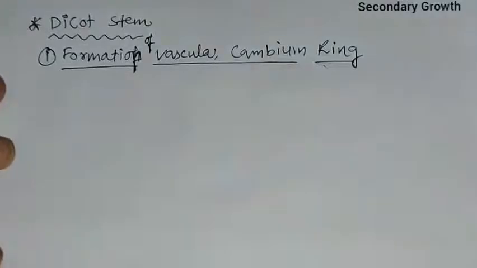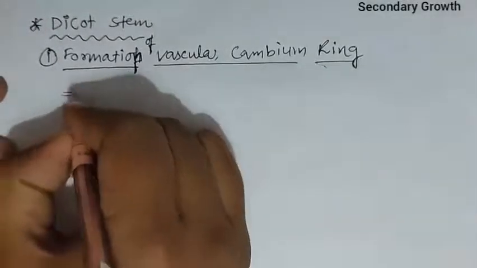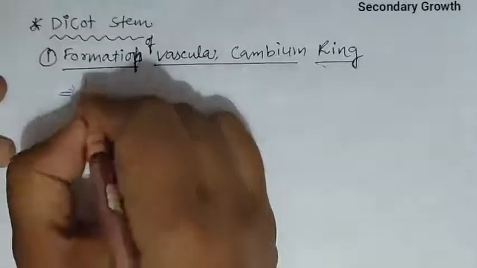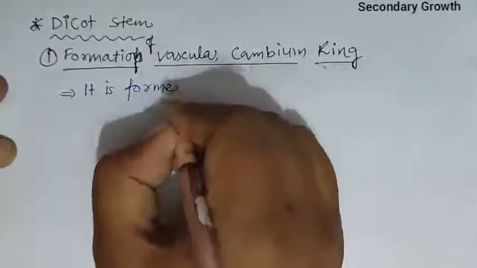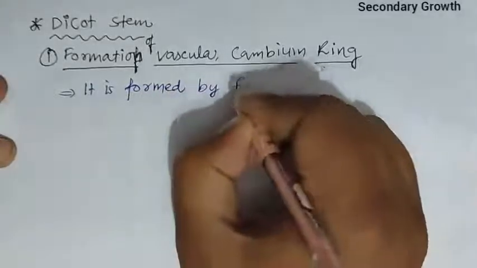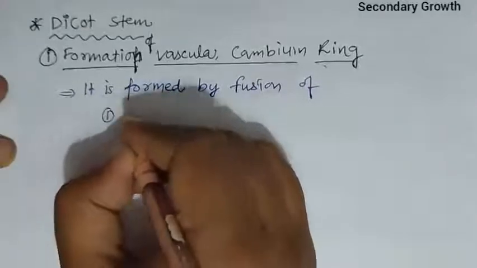Okay, first we talk about that. The vascular cambium ring is formed by the fusion of, number one,